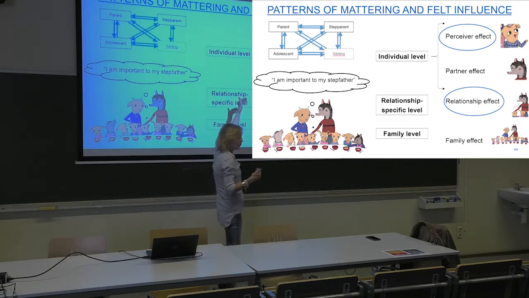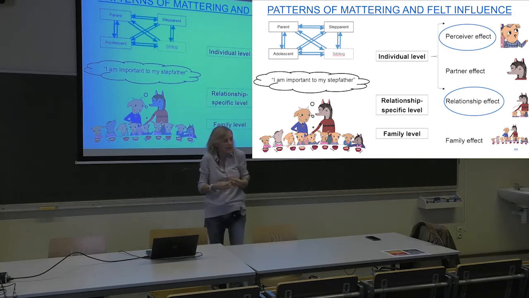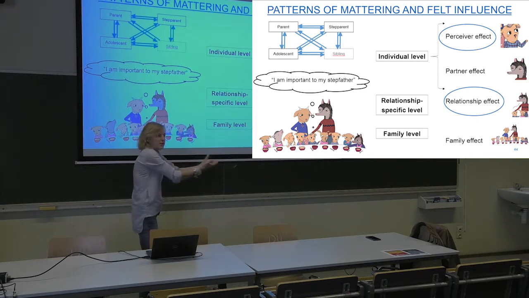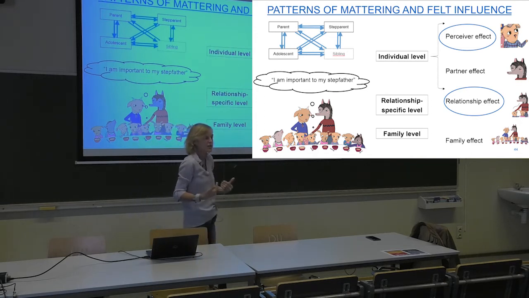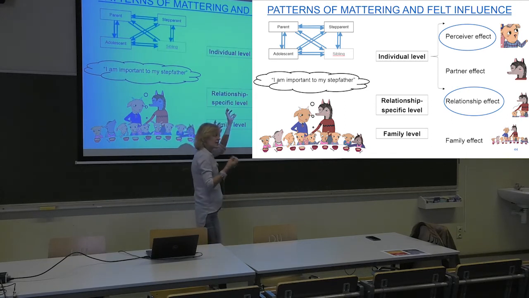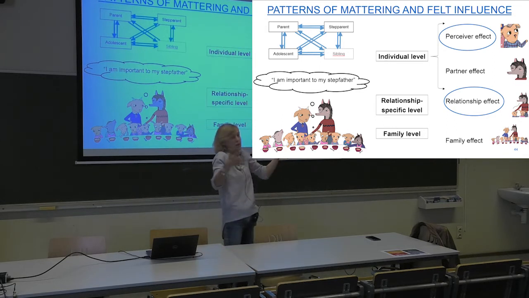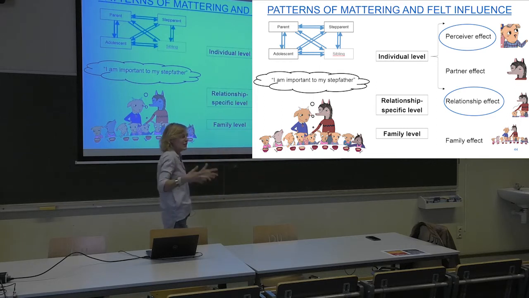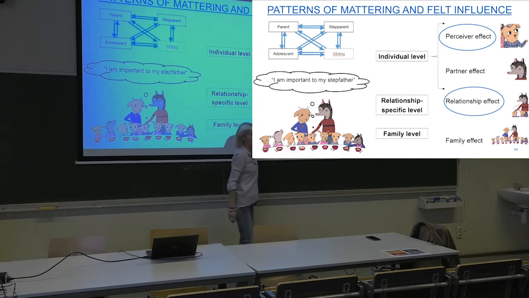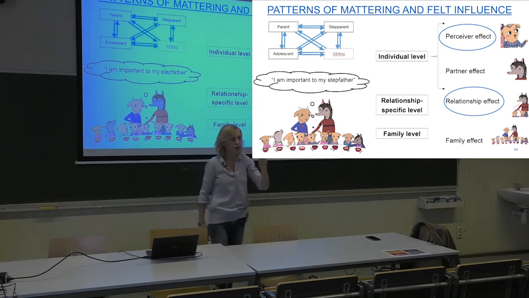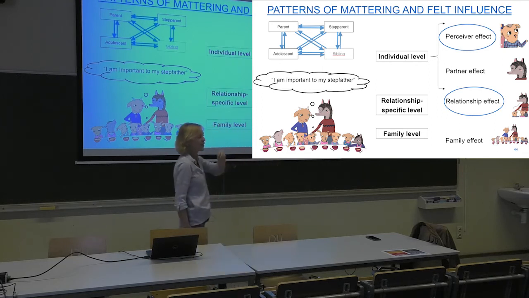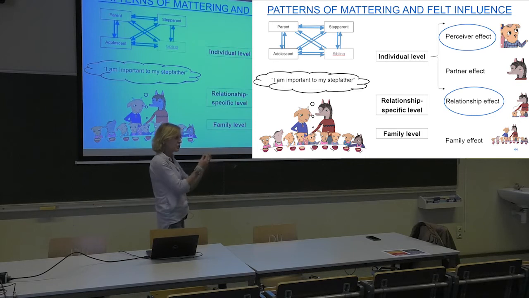So here you do have a perceiver effect. That means that there is something like a personality thing, that some people have a better feeling of mattering and influence than others, yeah? So it's important for clinical practice, yeah? That there's something that you can work with. If not, it's all about the others and circumstances and relationships, and it's very difficult to do something with. But, and I think this is the nice thing about SRM, it's not all about personality, yeah? It's not all about the individual. It's also about a unique adaptation between individuals, yeah?